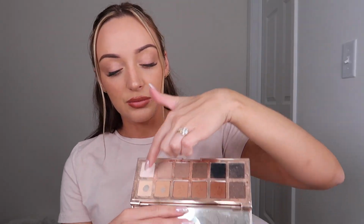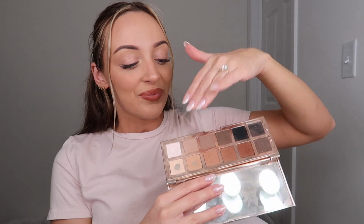It's all mattes, but you have especially this, or I guess for you guys it's the bottom row. For me it's the bottom row too, I guess, because I'm holding it upside down. Anyways, especially this row down here, I use like it's nobody's business. I use this on myself every time I do my makeup. I've been using this on other people when I do other people's makeup pretty much every time too, because I just know that this is going to get you the most perfect, beautiful, warm brown eye look, and it's just